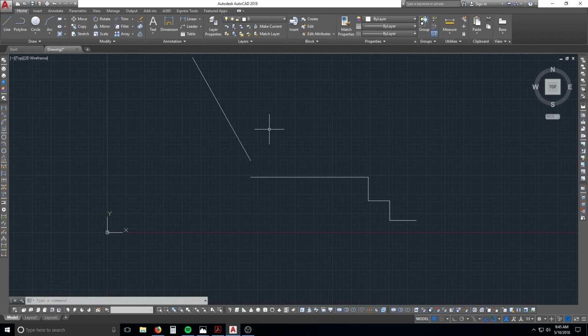And the mouse selection commands, as far as left click and right click, you're going to have to just get used to that. Usually, executing the command, you're using your left click, and whenever you go to get out of a command, or to solidify that you're done with the command and starting the command, you're going to use your right click. So for instance, line is going to be L, enter, or L, right click,